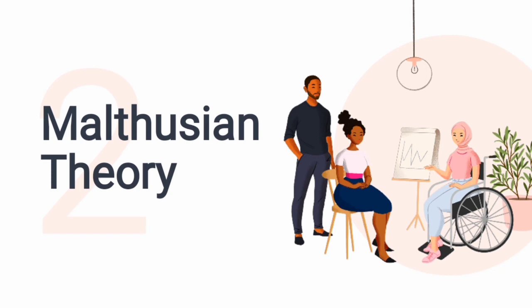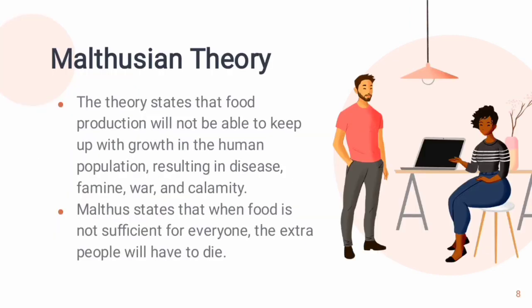What is the Malthusian theory? So the theory states that food production will not be able to keep up with growth in the human population, resulting in disease, famine, war, and calamity. Malthus states that when food is not sufficient for everyone, the extra people will have to die. So, yung Malthus theory nag-e-explain na kapag walang equilibrium between the food resource or food supply and the population, magkakaroon